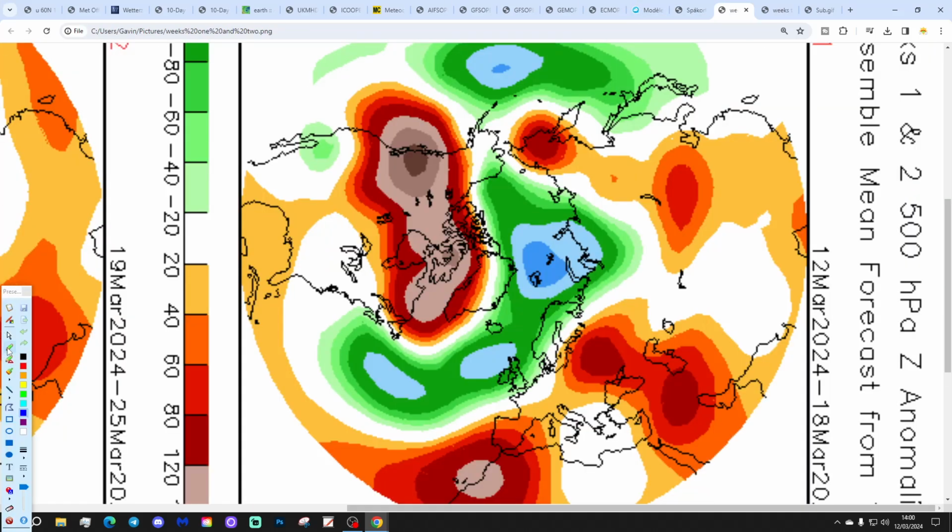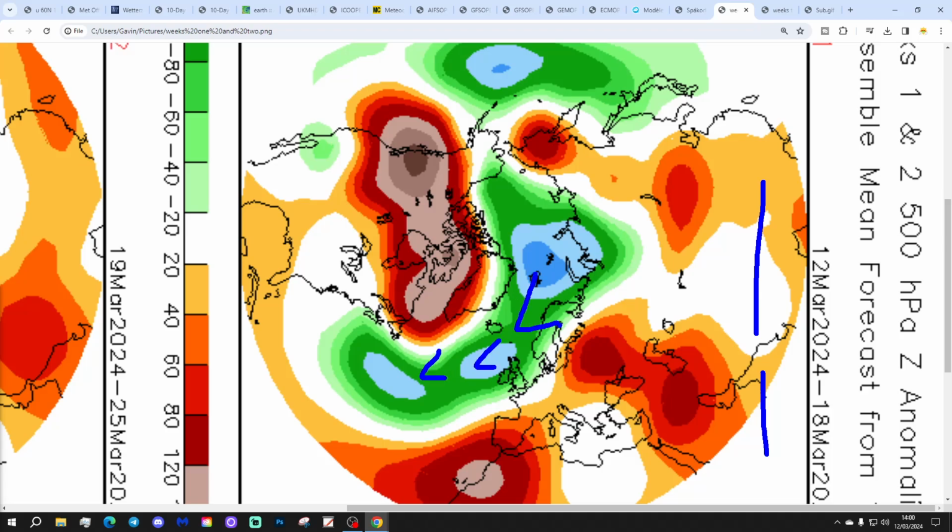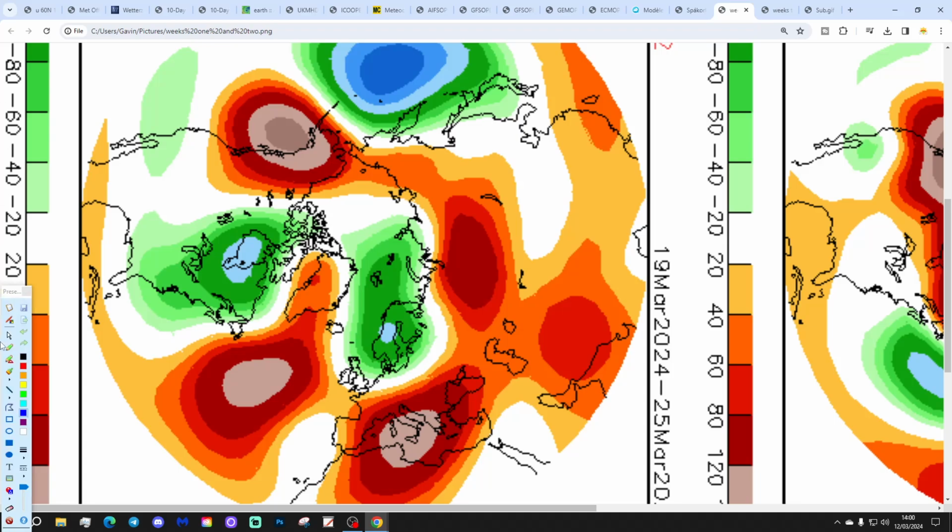CFS V2 finally, these are 500 millibar heights broken down into week periods. The first week period takes us up to the 18th of March. Being next week, we'll see the low pressure dominating in the North Atlantic and across Northwest Europe as well. So unsettled weather to come. Week 2 will be the 19th